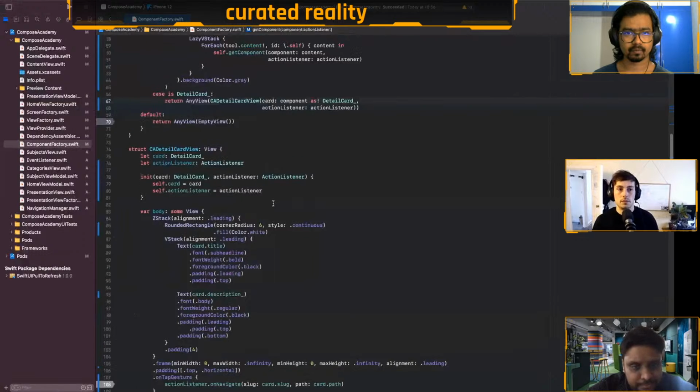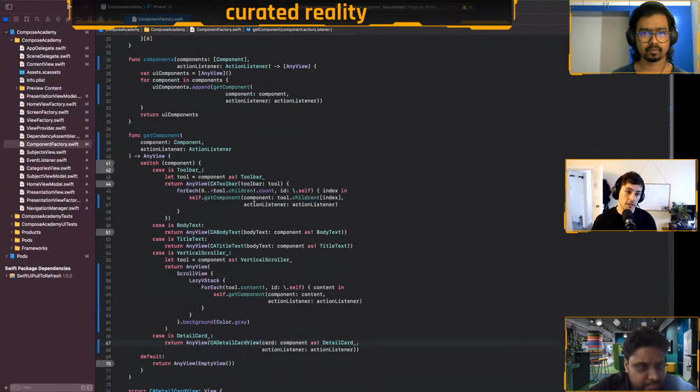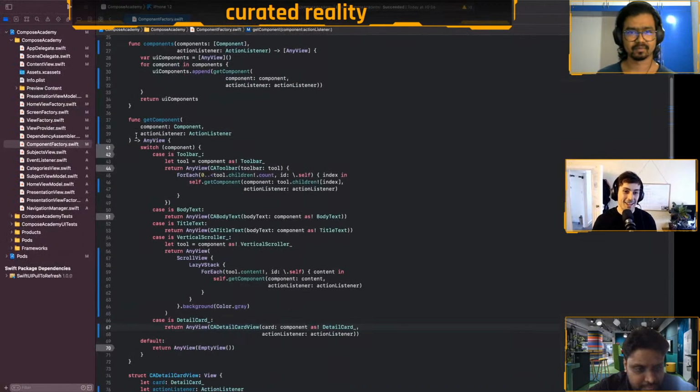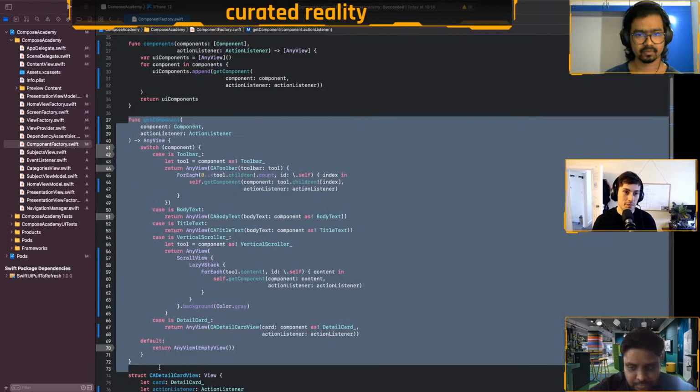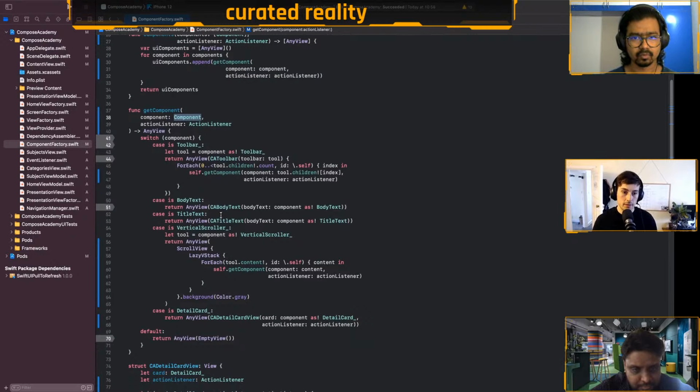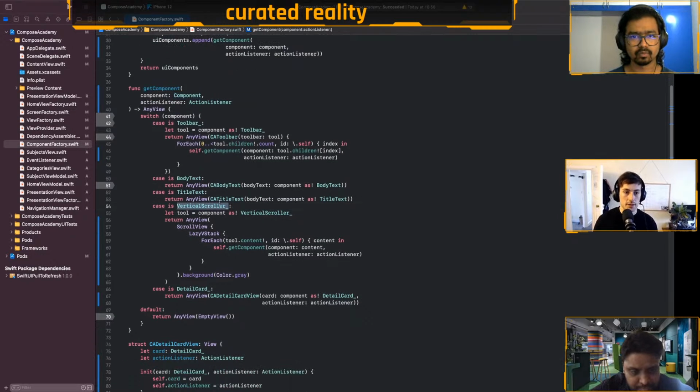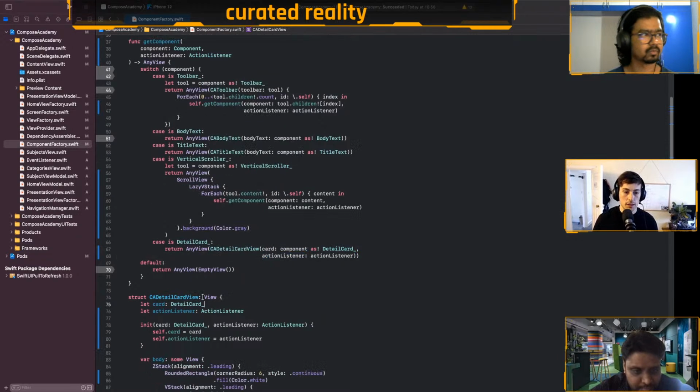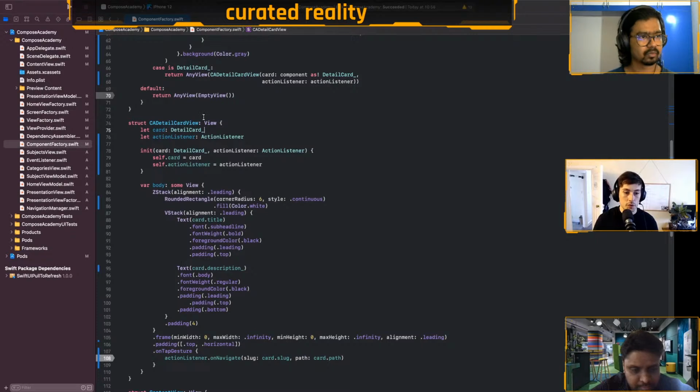And then, as I said, same for iOS, SwiftUI, a similar thing, switching through the component type that's returned, which in this case, again, is using the Kotlin multi-platform for Apollo. Not so much work done here yet on the iOS side, but we had the vertical scroller and we had the detail card, and we generate the SwiftUI component based on that detail card that is returned to it. So it's rendering a response.